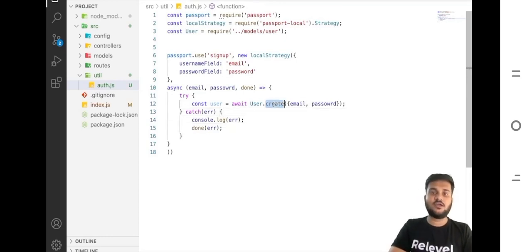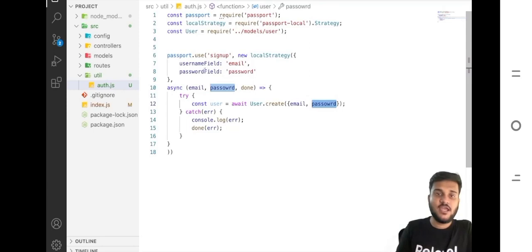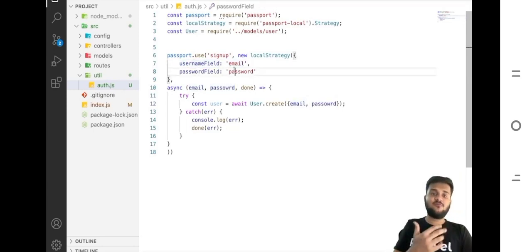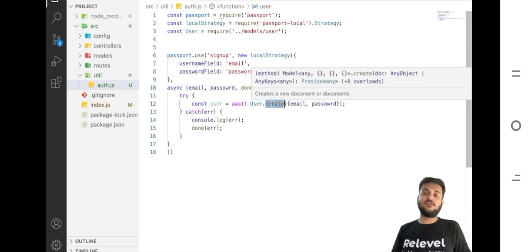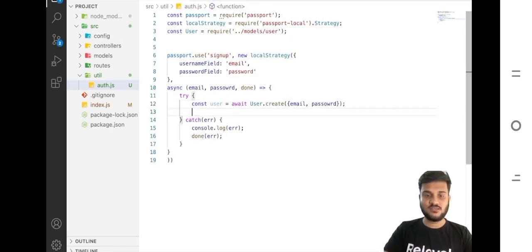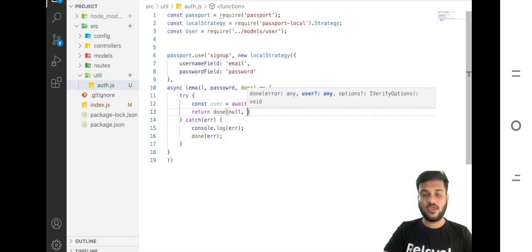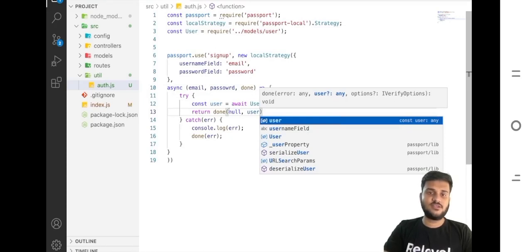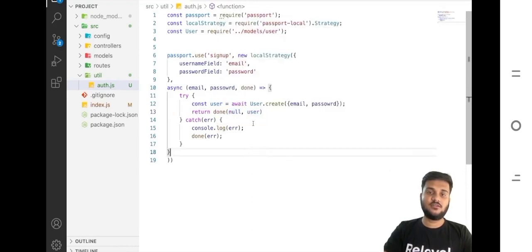So this is going to actually create the user based on the email and the password. Whenever we are going to sign in, because similarly for sign in also we are going to create a local strategy, it is going to get the email and password from the sign up functionality that we have made, right? And whenever we execute user.create, the password will automatically be encrypted, so we don't have to handle that specifically. At last, we can say return done null comma, because there is no error. This done is an error-first callback, so if there is no error, we pass null, and in the data we pass the user that we have extracted. Okay,